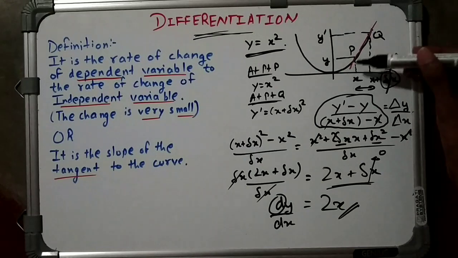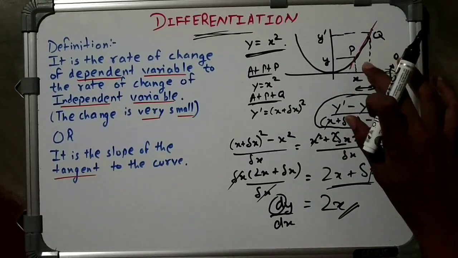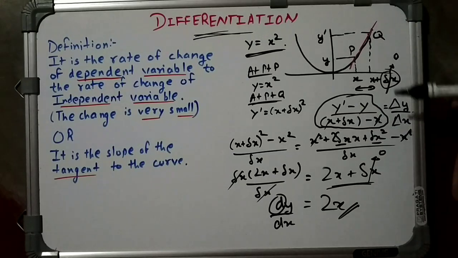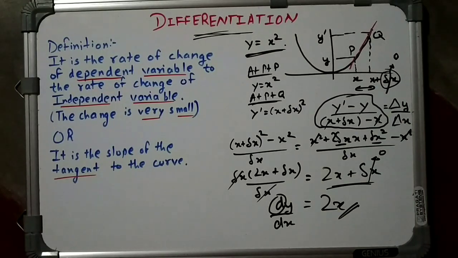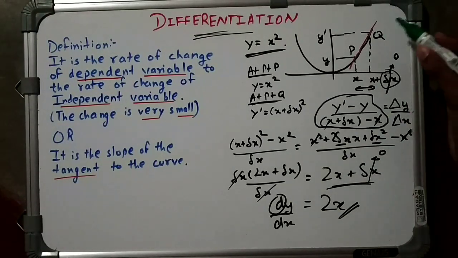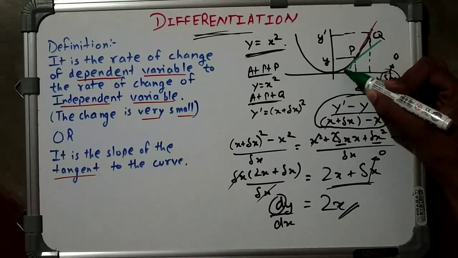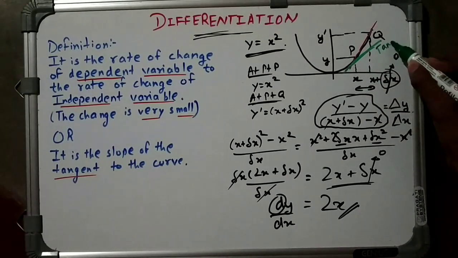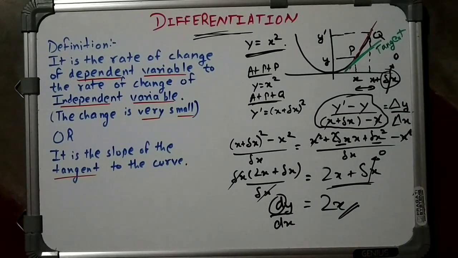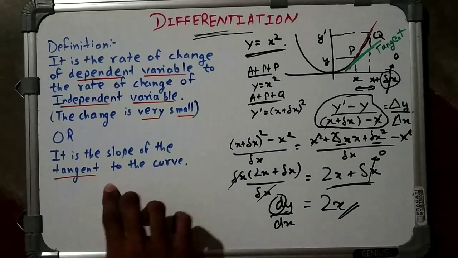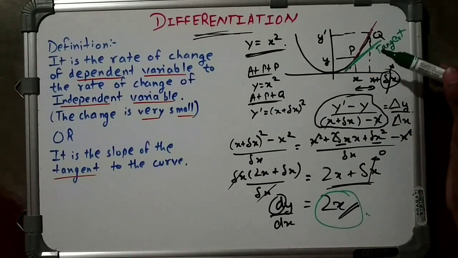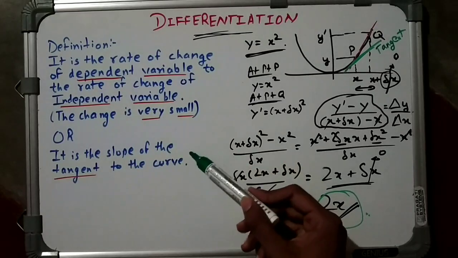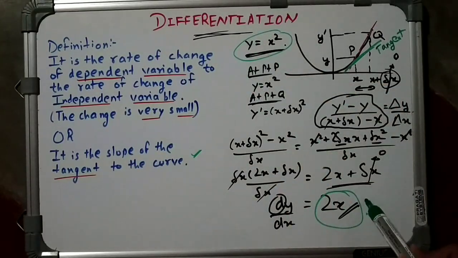So this is not the tangent. A tangent is a straight line which cuts the curve at only one point, right? Now if we assume again del x to be 0, then this straight line will actually become somewhat like this. It will cut the curve at only one point, and it is a tangent, right? This thing is a tangent because it cuts at only one point. So according to this definition, we can again assume the slope of this line, this green line, will be 2x, right? And again we can understand by this concept that the differentiation here comes out to be this.